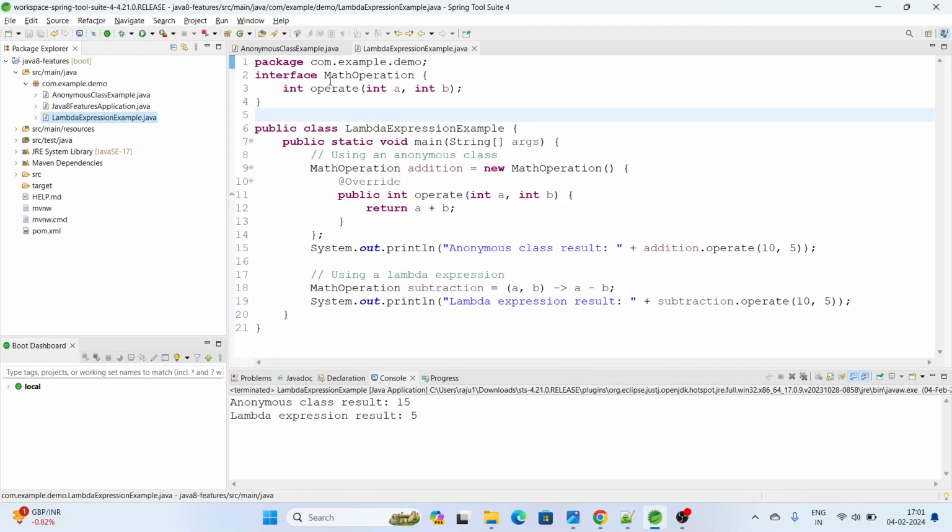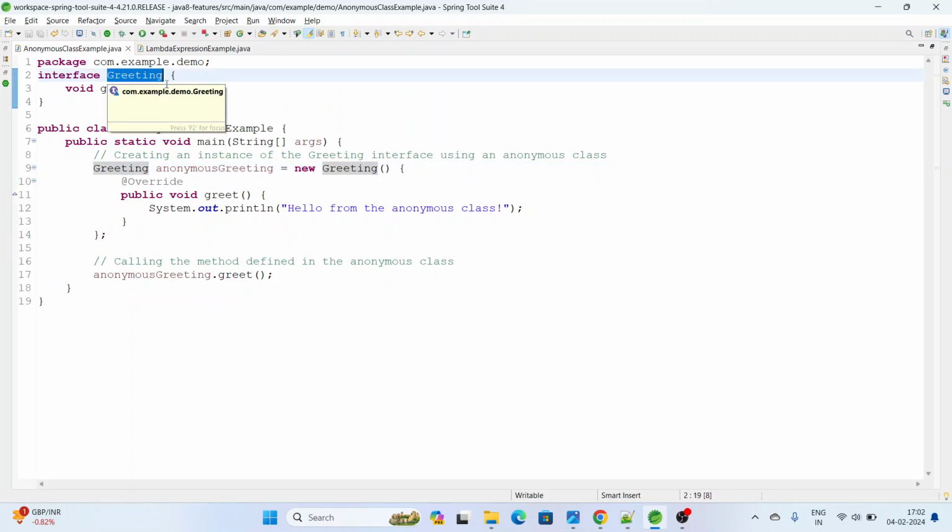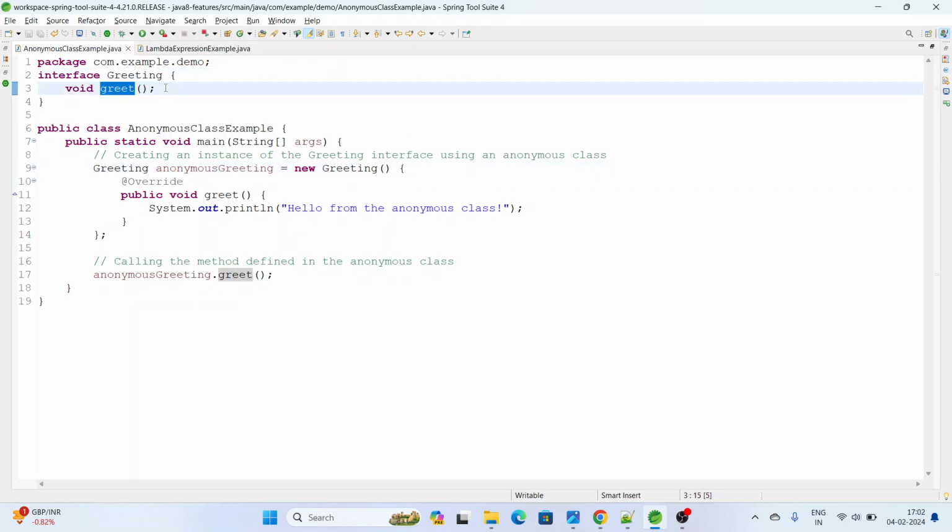Let's take an example. We have an interface called Greeting, with the abstract method greet, and we want to provide an implementation of the greet method. For that, to provide any implementation, we would have to create a separate class. So suppose we want to provide an implementation of the greet method in a class, and the implementation is